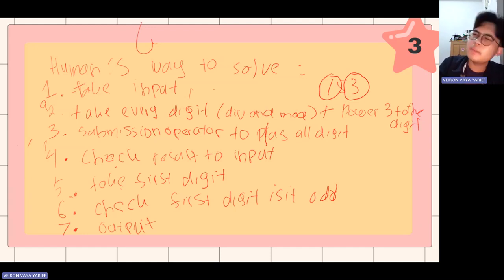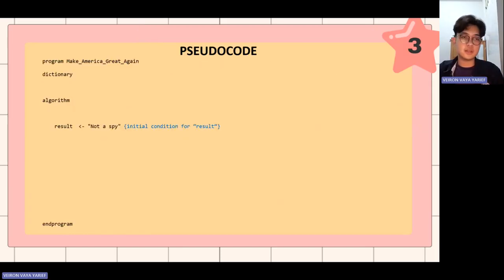Take input. Okay, maybe in this case we have one input, right? But it's on the next thing. What I want you guys to understand is that we use a loop here, but the input is only one. So the input must be outside of the algorithm. So we go to solving the problem as code.